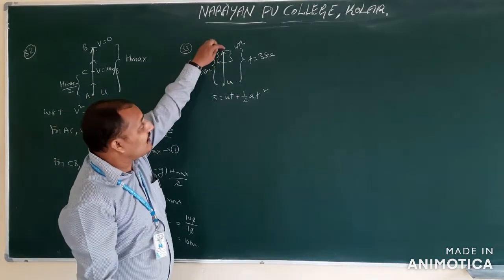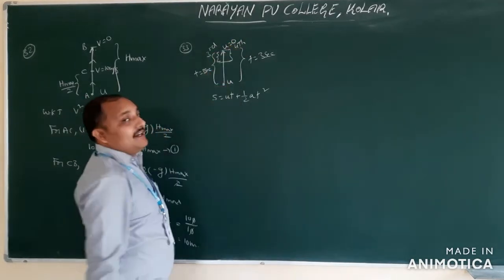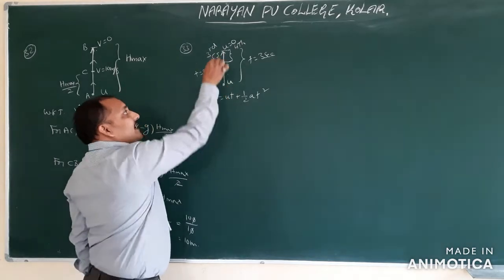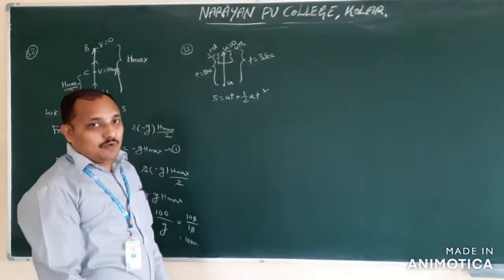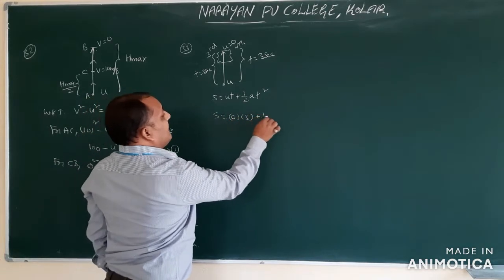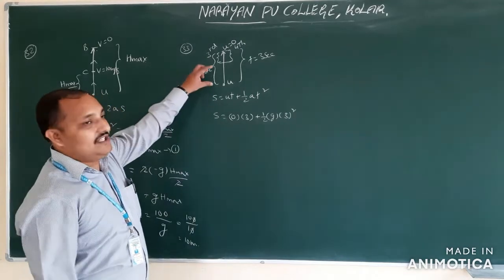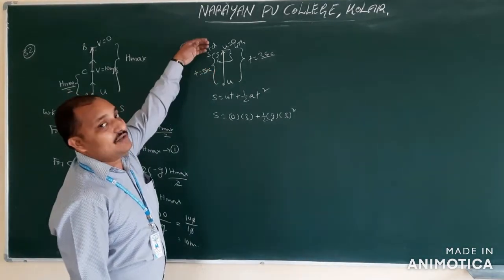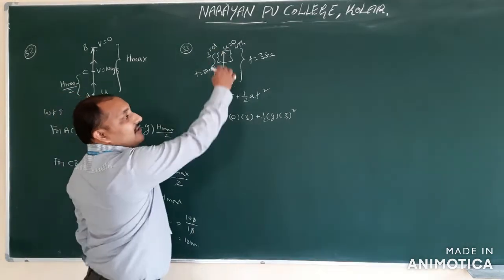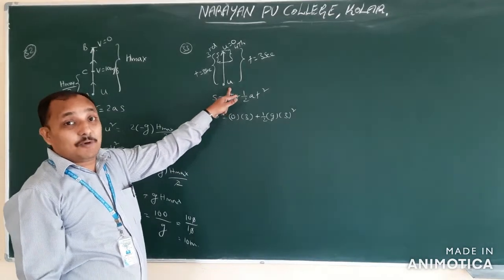Whenever it is coming downwards, what is the velocity here? 0. Therefore here we will take velocity 0. In 3 seconds how much height is it coming downwards? The upward distance in 3 seconds is also the same. Therefore S is equal to 0 into 3 plus half g into 3 square. You have to understand this logically. If it takes 3 seconds to reach upwards, again it will take 3 seconds to reach downwards. Therefore we are calculating downwards because we don't know with what velocity they projected.